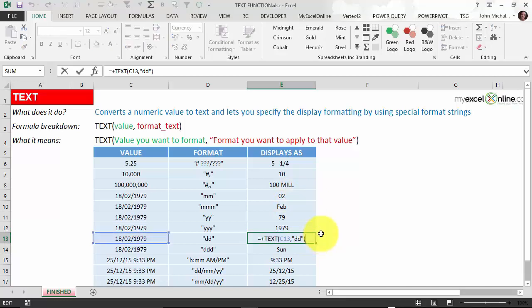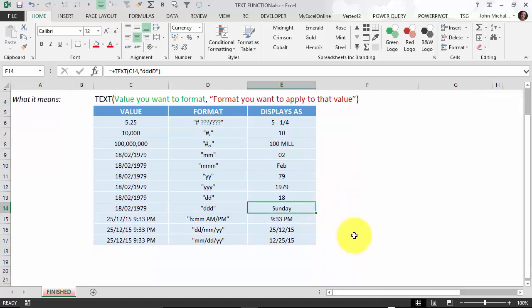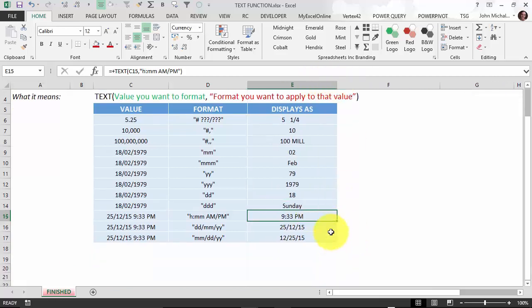You put in DD, it gives you the actual date number. If you put in DDD, it gives you SUN, which is abbreviated for Sunday. If you put in DDDD, it will give you everything there. Now, I put in a capital D, it doesn't really matter if it's lowercase or uppercase. Let's go down here and continue. Now, I'll put in there